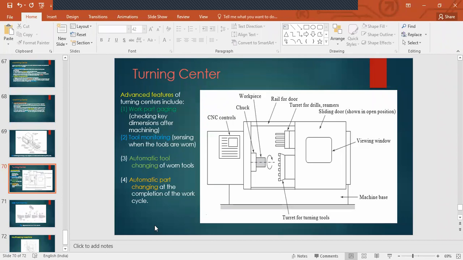Automatic tool changing, because you see, tool monitoring also accounts for tool life, right? You have to check the tool life, how many hours it is working. So how will it do that? Because you have a completely automated system, it knows how many productive hours the tool has been used for working. Many tools are there, so you have to maintain the data of all of the tools, right?